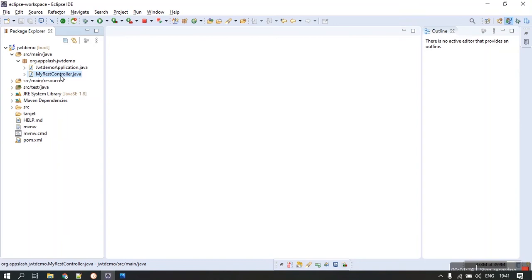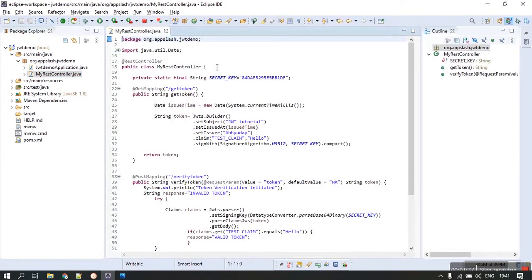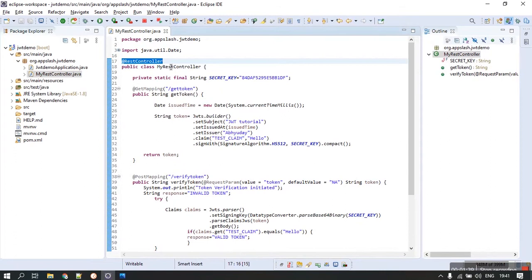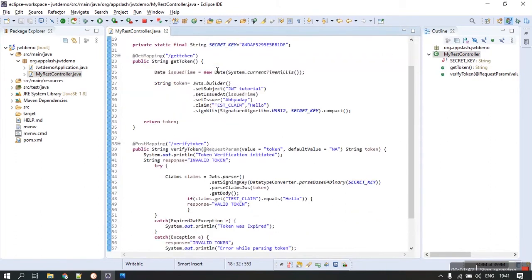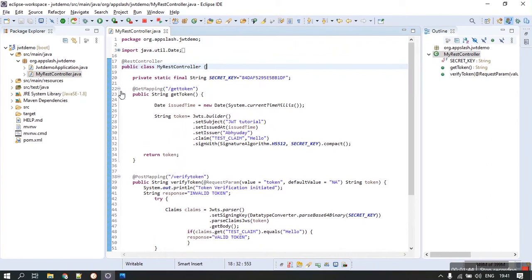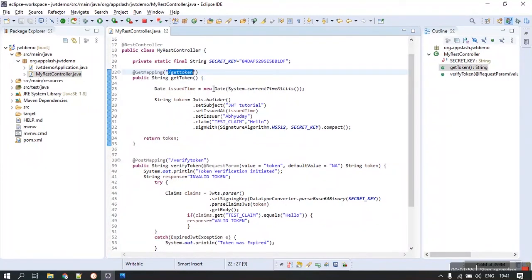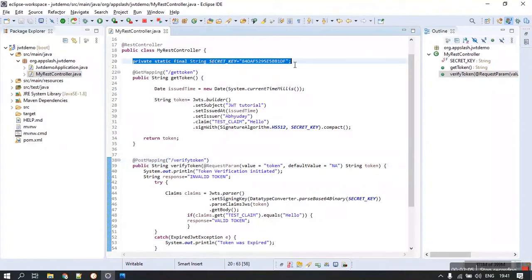Another thing I have created is the REST controller, which will be getting things to work. This is a REST controller annotated here. I'll take you through this class of the REST web controller. So there are 3 members of this class. The first member is a get token method, which is mapped in a get mapping with this endpoint, that is a get token endpoint. Another one is the verify token method. It's mapped with post mapping at this endpoint, verify token. And the final thing is the final static string, which is the secret key. I have generated this secret key out of nowhere, just randomly typed some characters, and yeah, I was good to go.